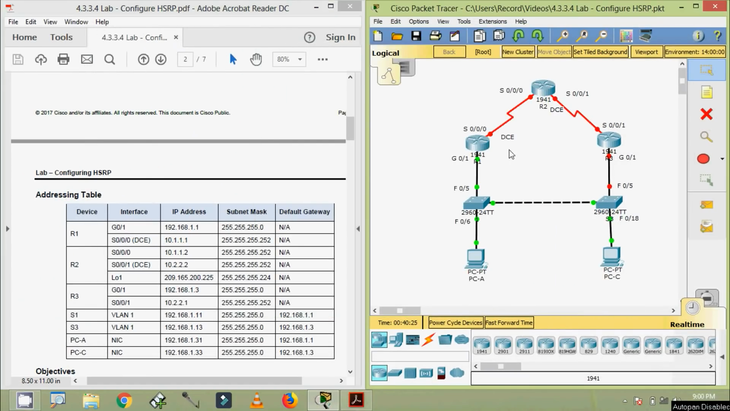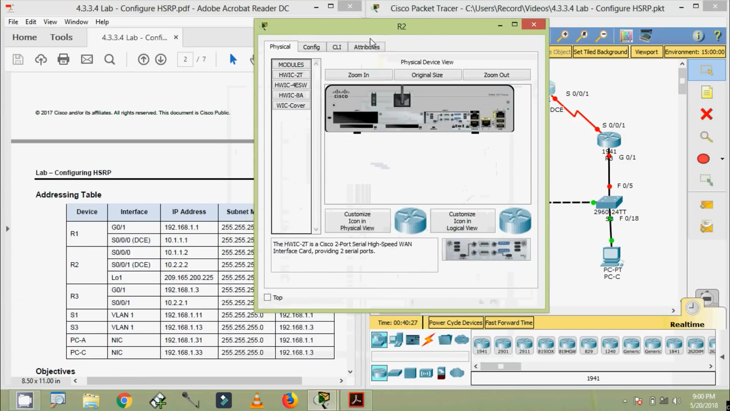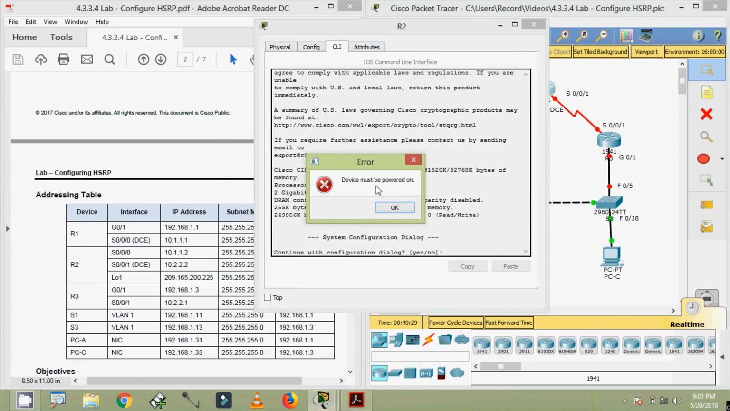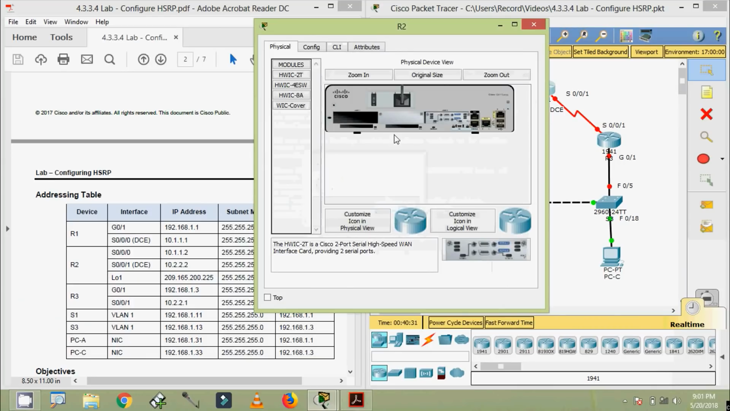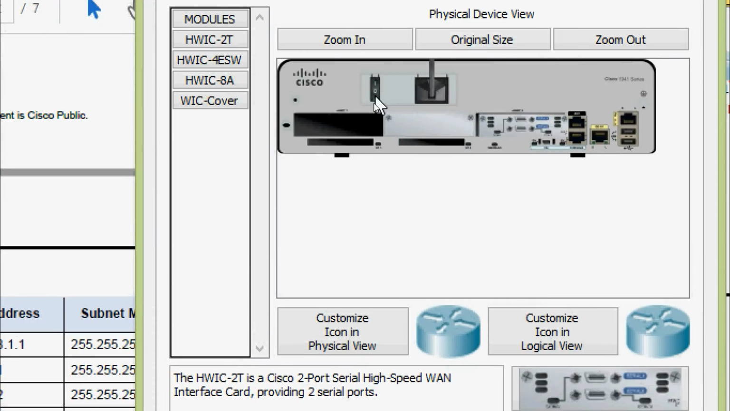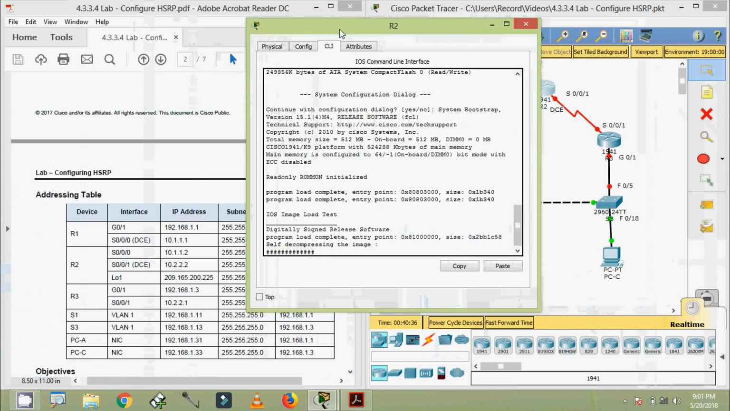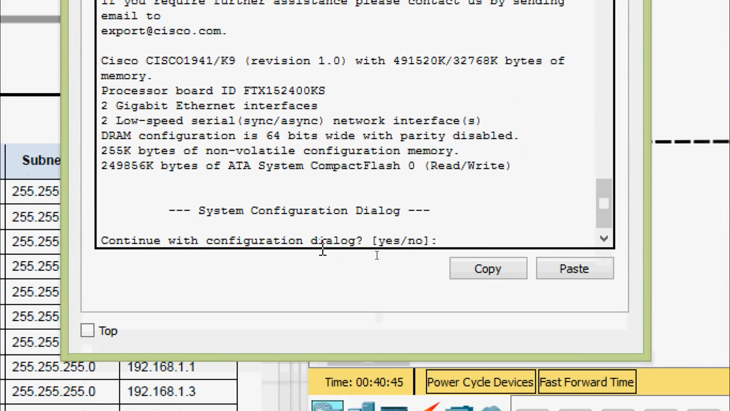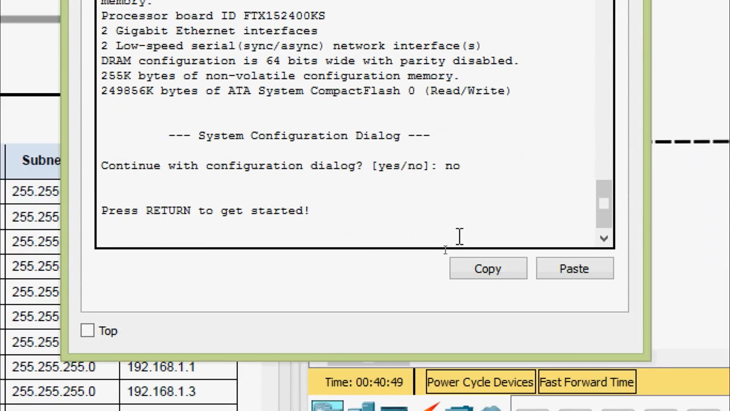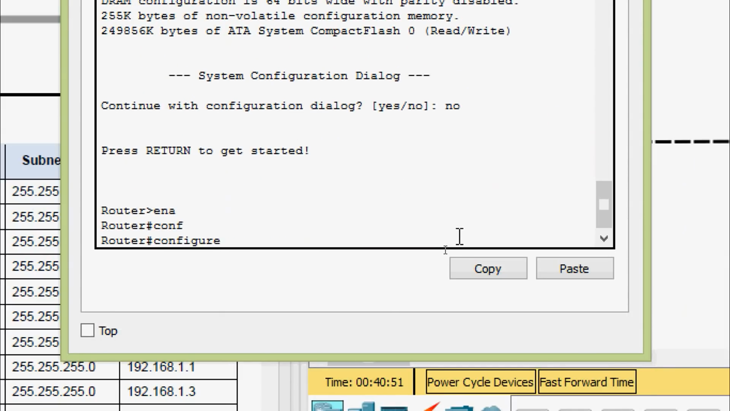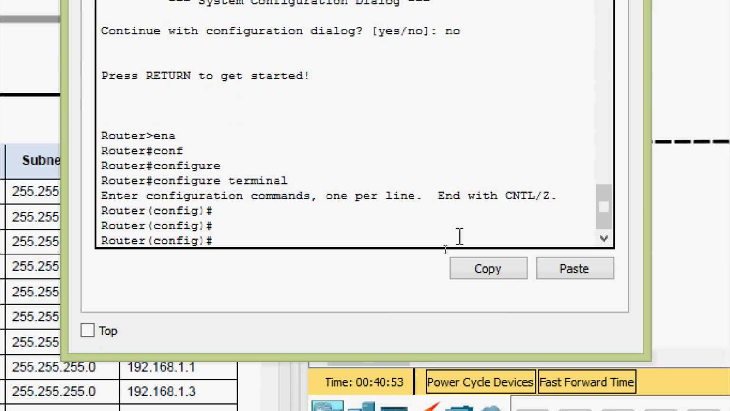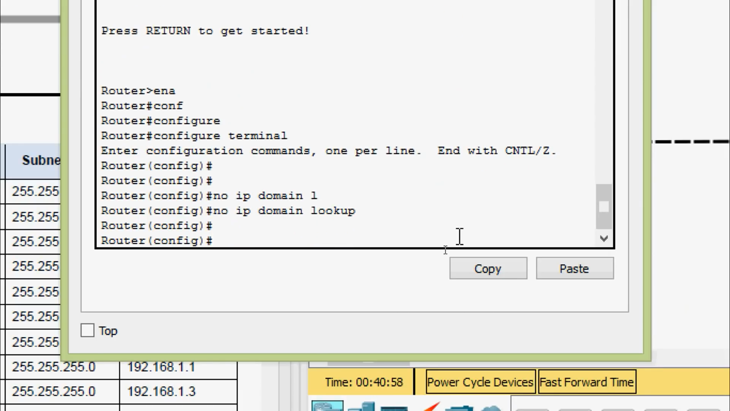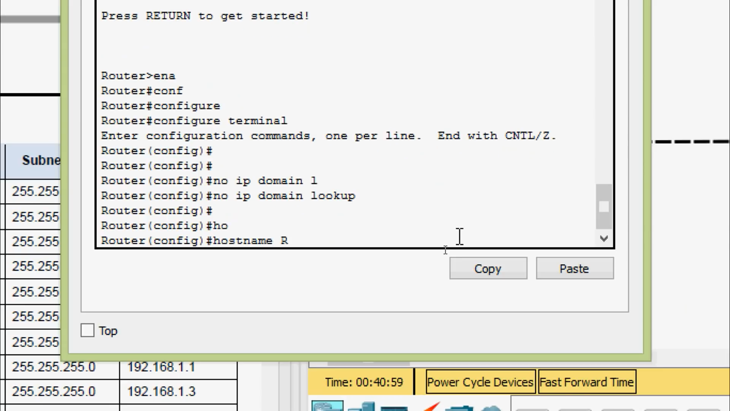Now we will do it on the router R2. Device must be powered on, right? Here is the button, CLI. Continue with the configuration dialog. Now enable, configure terminal. No IP domain lookup. Also we will set the host name as R2,